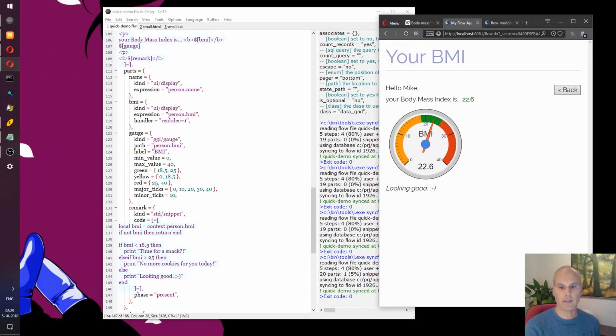Obviously, the better route is to code your own parts, because that improves overall quality, and it also promotes reuse. Any code that you put in a part is code that can easily be reused. Like you've seen the button part, the Google Gauge part, display parts.